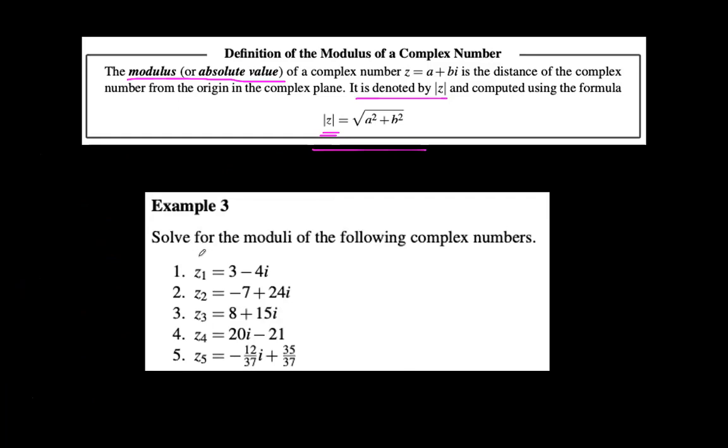Okay. So that's why when we say moduli or modulus, it means we're solving for the radius, the length of the segment of the point from the origin. 'Di ba? It's the